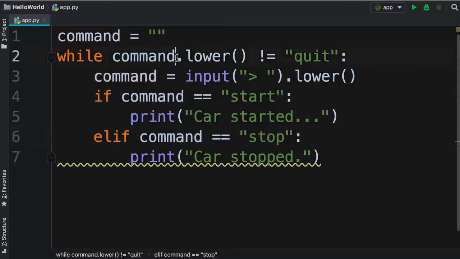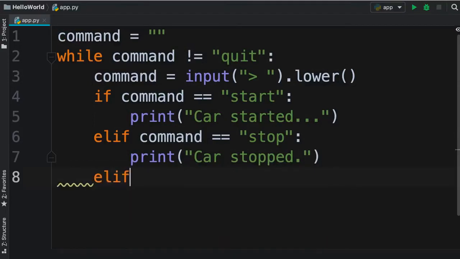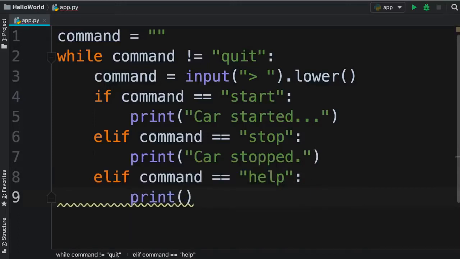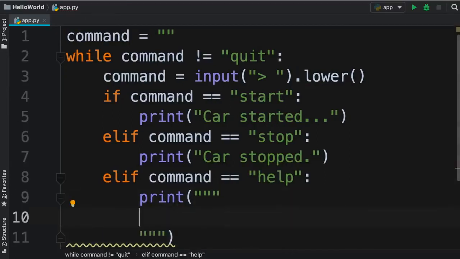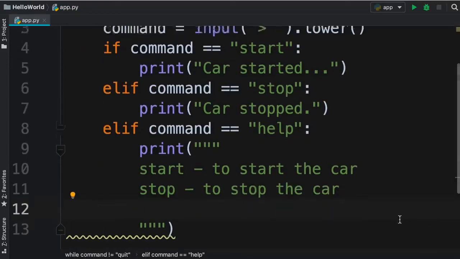There's also one more place we need to modify, so it's right here. That is better. Now the third command. We need one more elif. If the command equals help, then we want to show the commands that we support. So here we're going to print a multi-line string. So we use triple quotes like this and give the user a guideline like this. So start to start the car, stop to stop the car, and